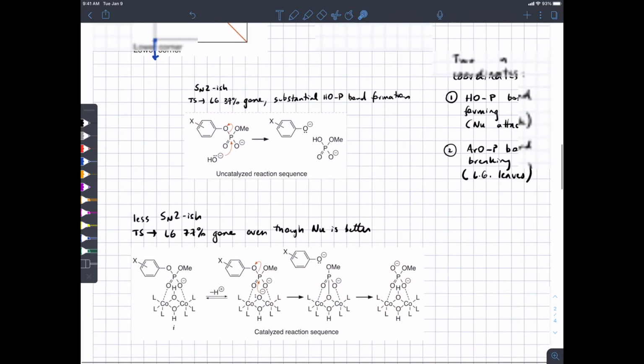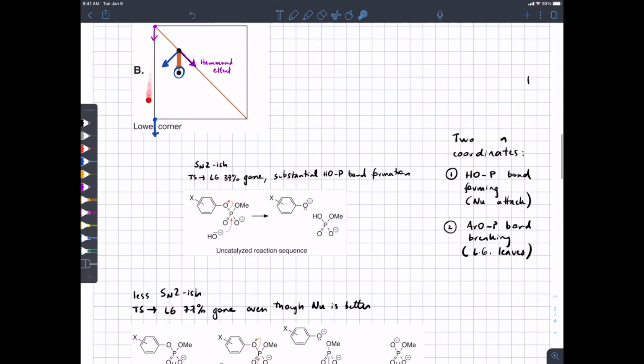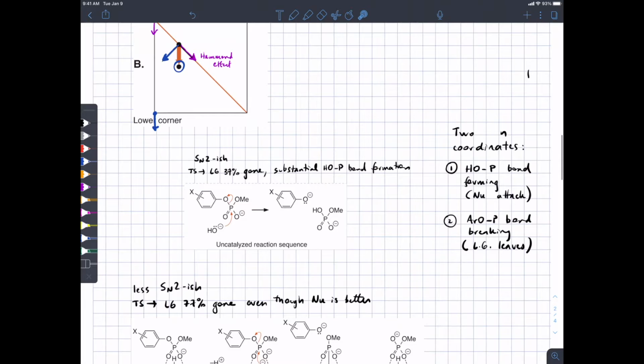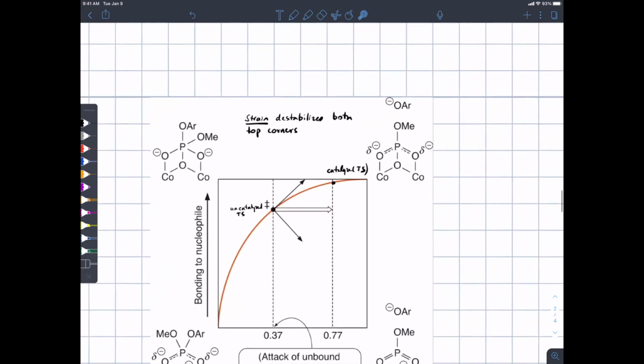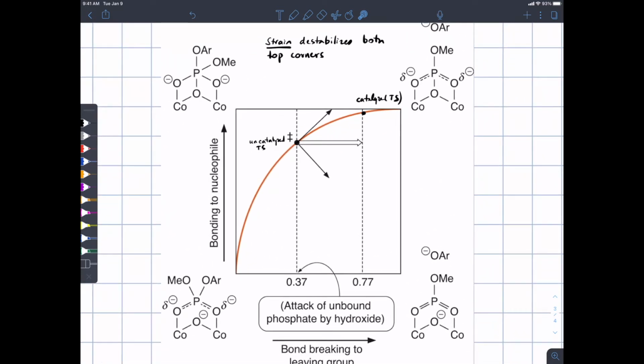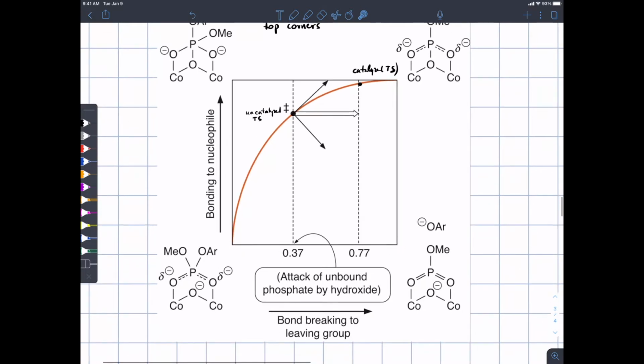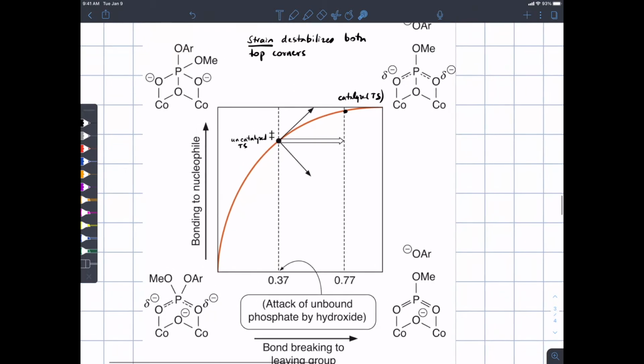So let's consider the two-dimensional potential energy surface looking down, and on one axis we're going to see phosphorus oxygen bond formation, or nucleophilic attack, and on the other axis we're going to see leaving group leaving. Okay, so here's our diagram, and here's the reaction coordinate pathway. On this axis we have nucleophile attacks phosphorus, and on this axis we have leaving group leaves. Okay, and this is the catalytic